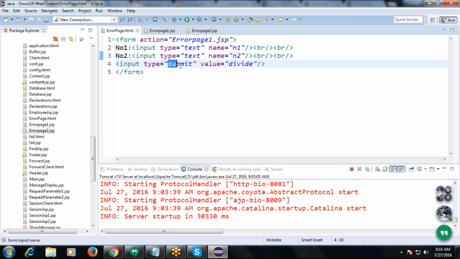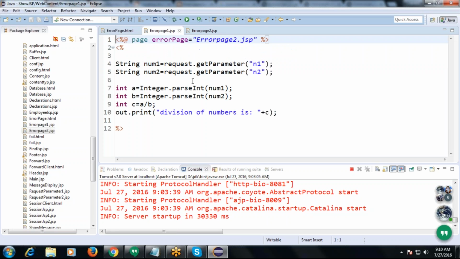Then a submit button is created, right? After the values are entered into these two text fields, we have to submit. When we submit, those values are passed to errorpage1.jsp.